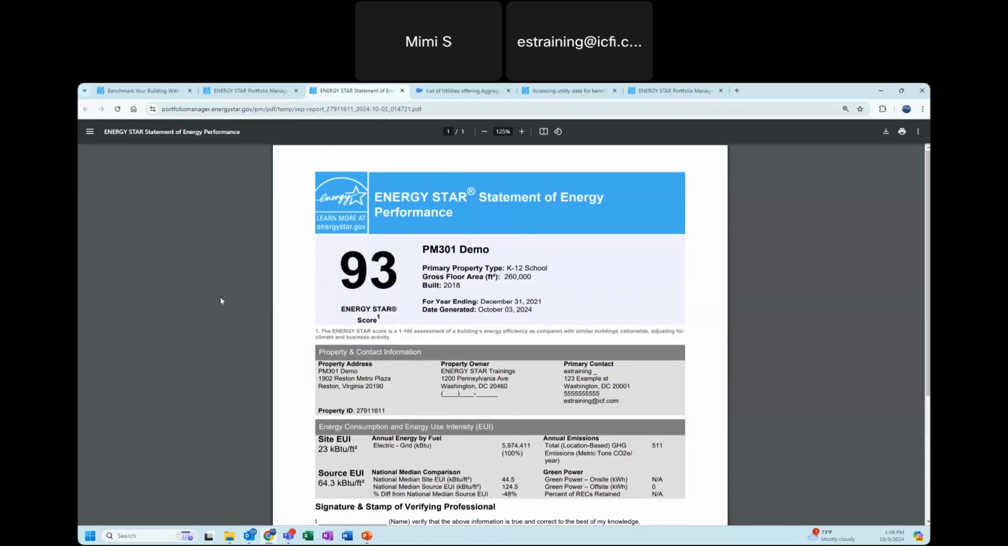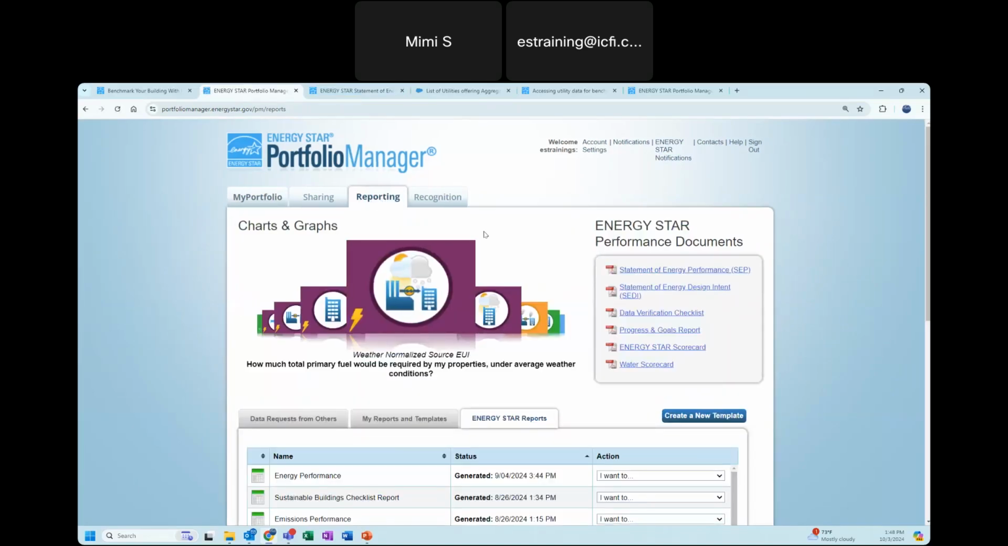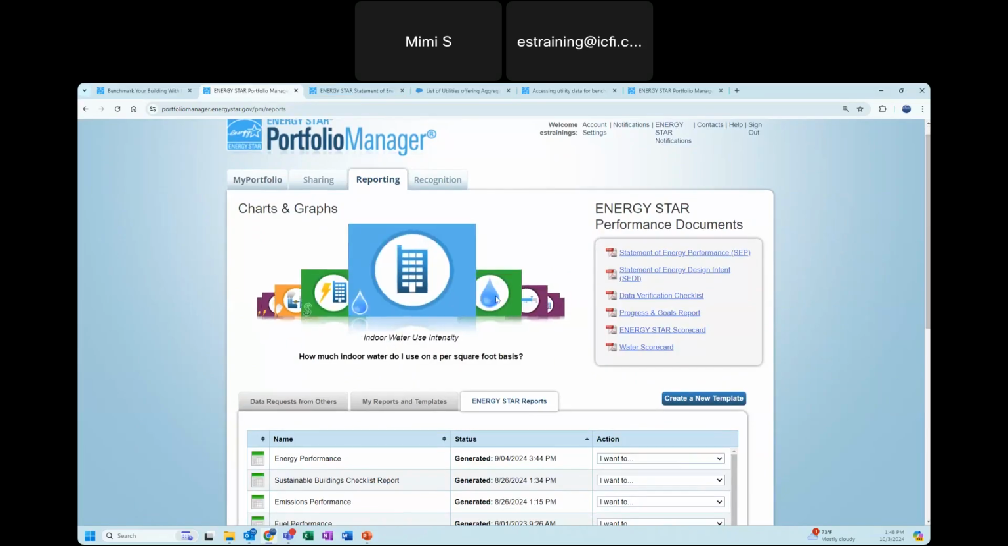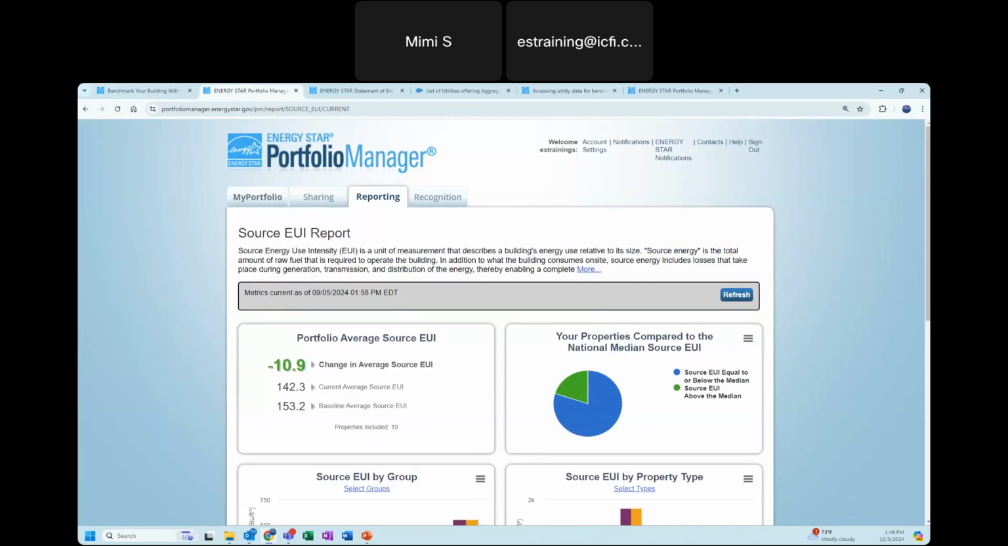Alrighty, I'm going to click back to our reporting tab here. Now I'm going to click back into the reporting and show you a few other options of reports you can generate. Now, these right at the top here, the charts and graphs, you can click through these. There's lots of options here like total greenhouse gas emissions, energy cost intensity, water use intensity, the Energy Star score, source EUI. And so you can select any of these charts and it will bring you to this report here,